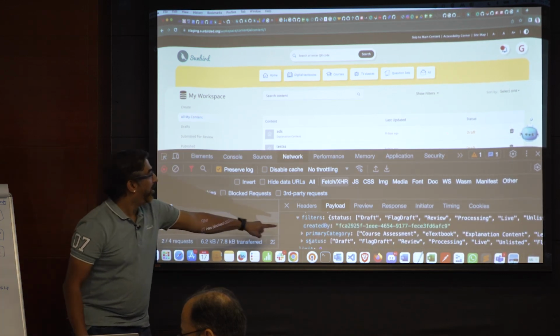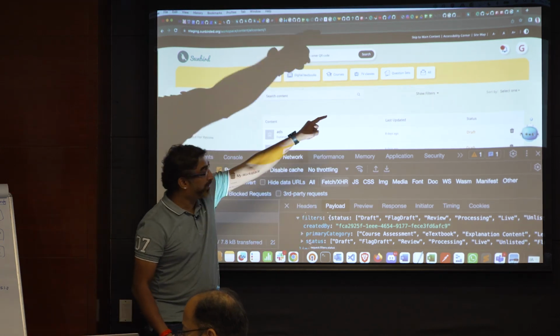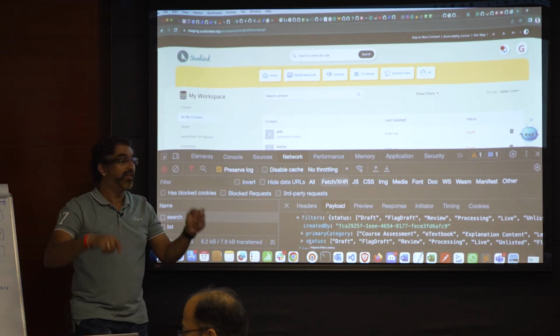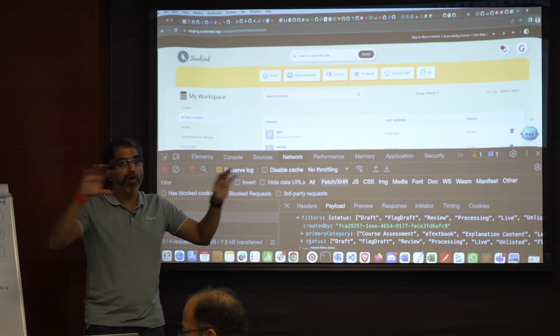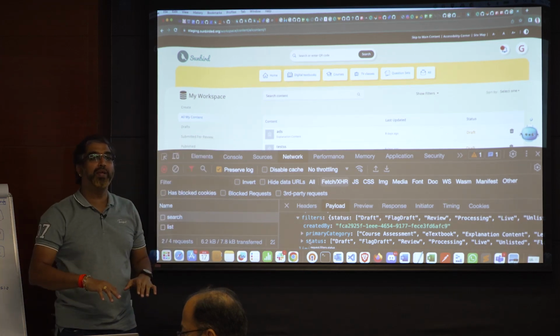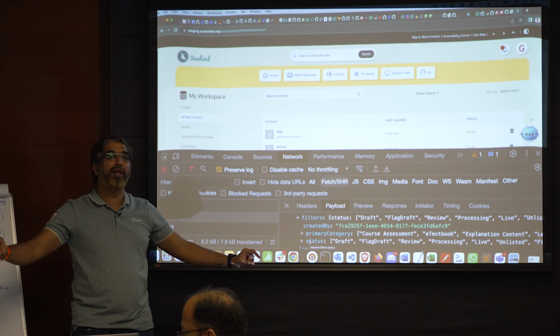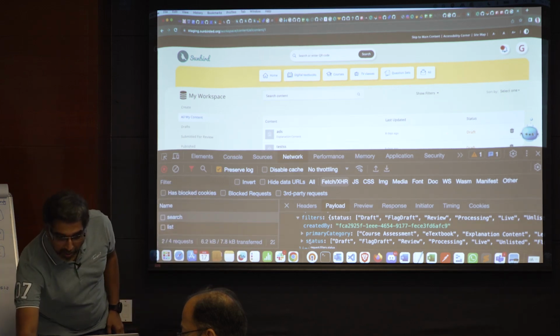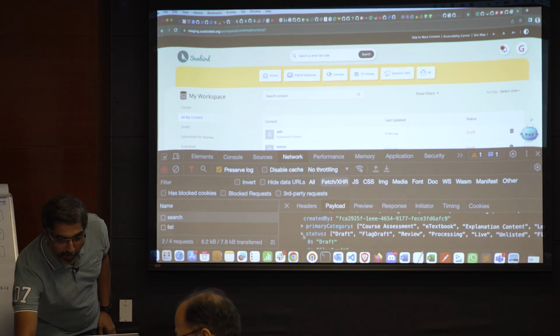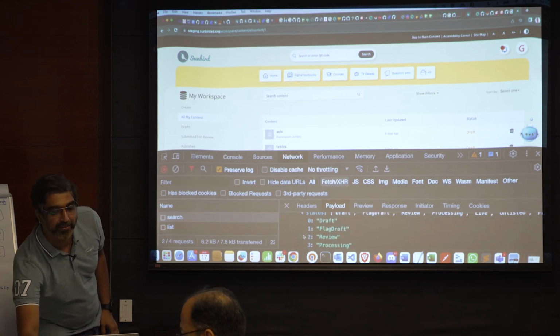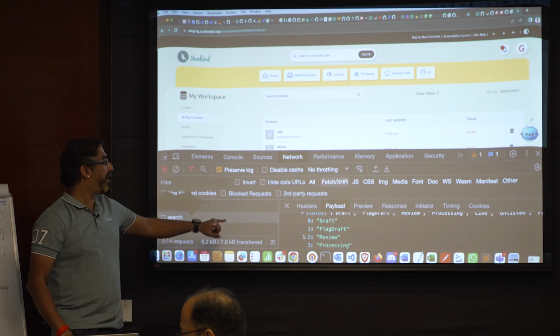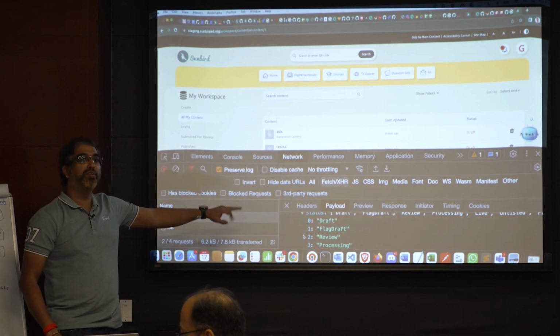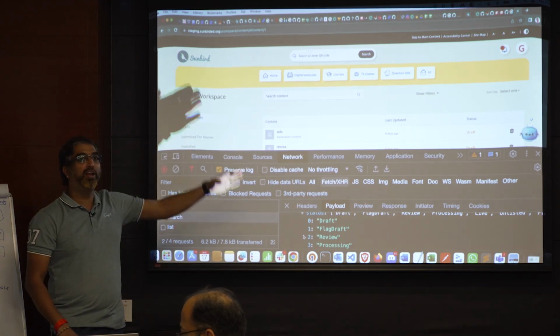It says created by this particular user ID, and primary category: get me all primary categories which are created by me. It is the complete list of primary categories supported by Sunbird. And then it says get me all the contents which are in these statuses: draft, review, processing, all those in all my contents.